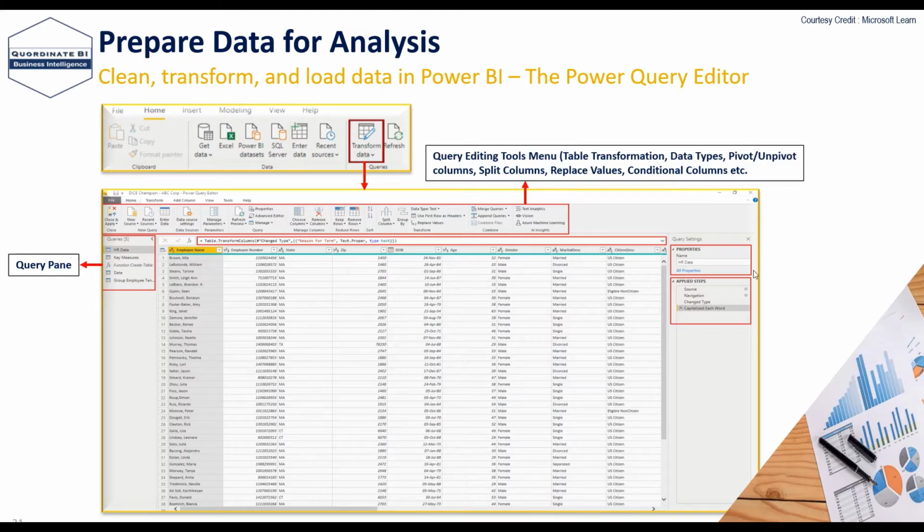Okay, menu over here. Okay, with the help of these tools, you will be doing all the transformation. Okay, table transformation, changing the data types, pivot, unpivot columns, split columns, replace values. Okay, so all the options are readily available in this query editing tools menu. All right,